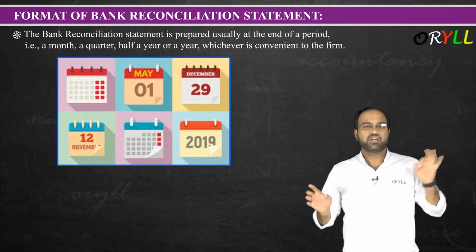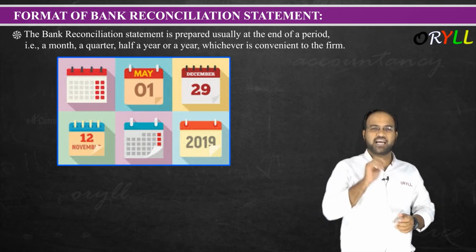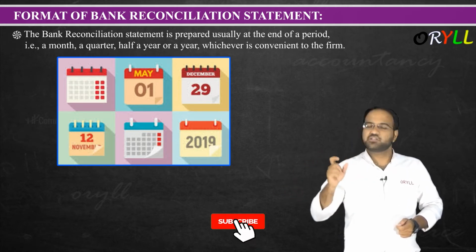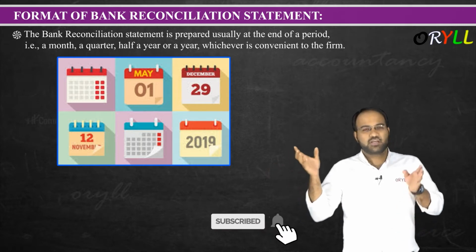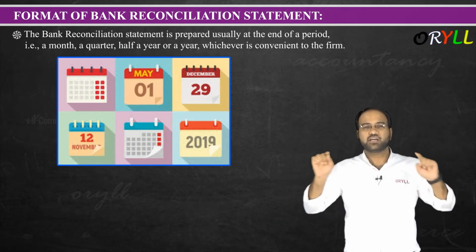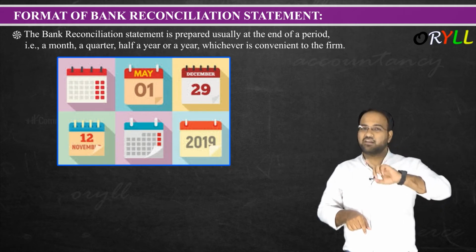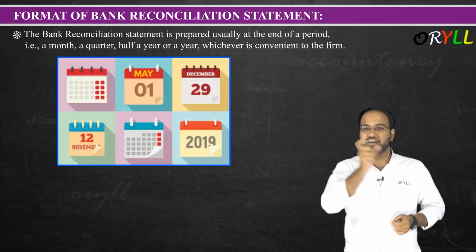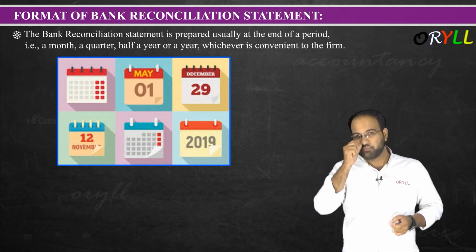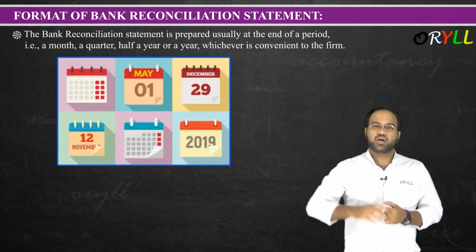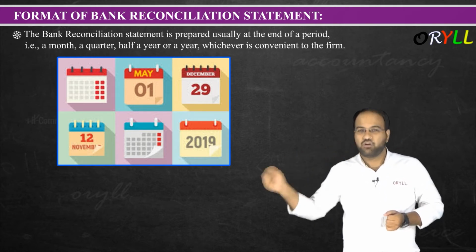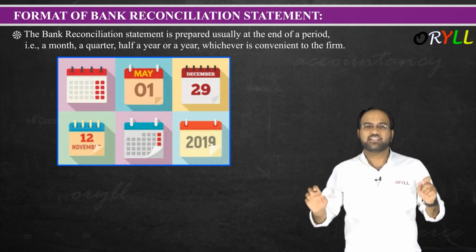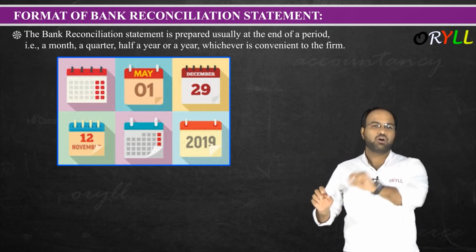It means that when you are preparing this statement, we will write "bank reconciliation statement as on", and we will not write "for the period ending". Whenever you prepare an account, like the final accounts in your first year, we used to write "P&L for the year ending", because that is an account. But the balance sheet was a statement, hence we used to write "balance sheet as on". So this BRS is also a statement, and hence it will be written as on a date.